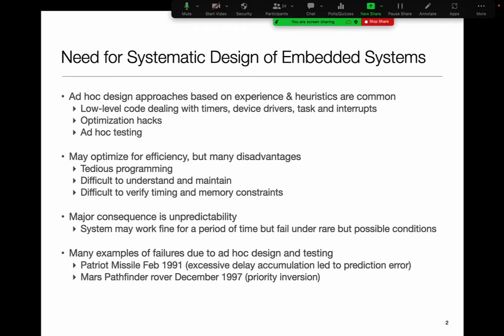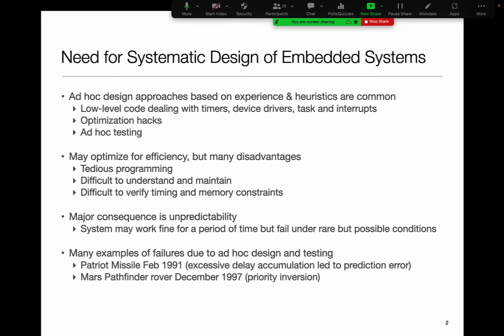And in this particular case, there was a tiny issue with how accounting of timing was being done in a for loop, and that was resulting in a tiny accumulation of extra delay every iteration of the loop. Since these systems, fundamentally, deep down, have to measure time to chart out an intercept trajectory, because of that timing error, the prediction was off, and therefore the anti-missile missile, the interceptor, would basically not